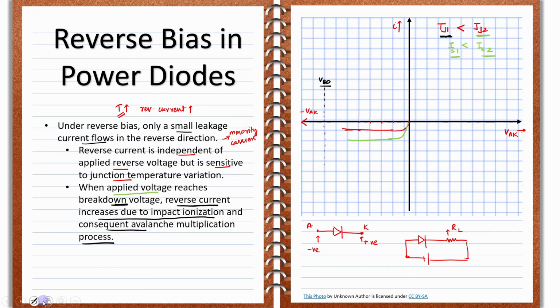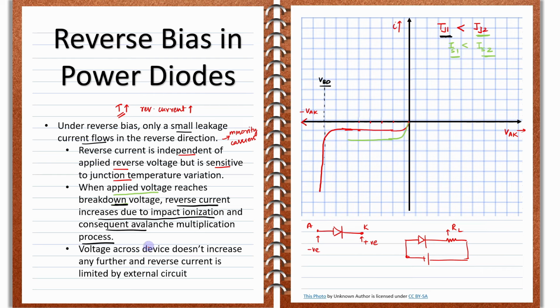So as we approach this particular value of VBD, let us take for the first case, the current will start increasing, and at the particular point of VBD, it will go into avalanche breakdown. So at this particular point, you can see the diode is going into an avalanche breakdown here. Now, when you are having higher temperature,